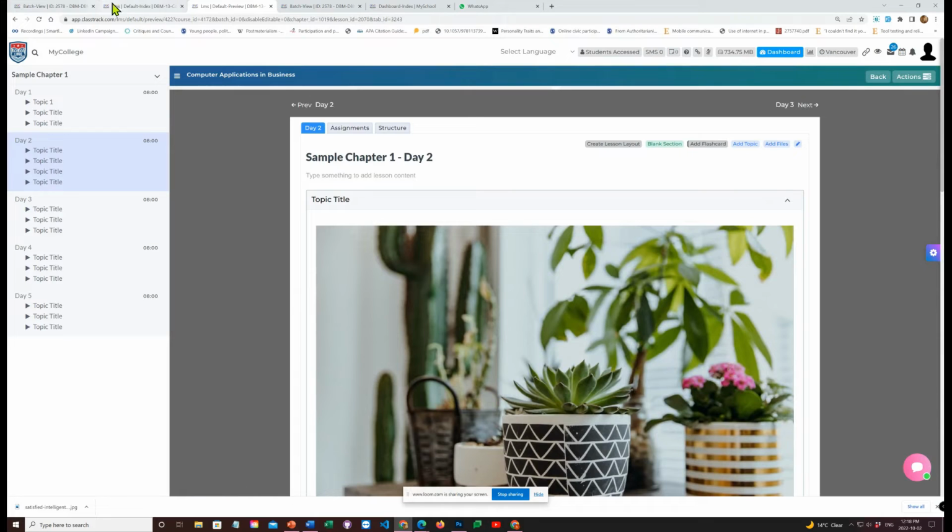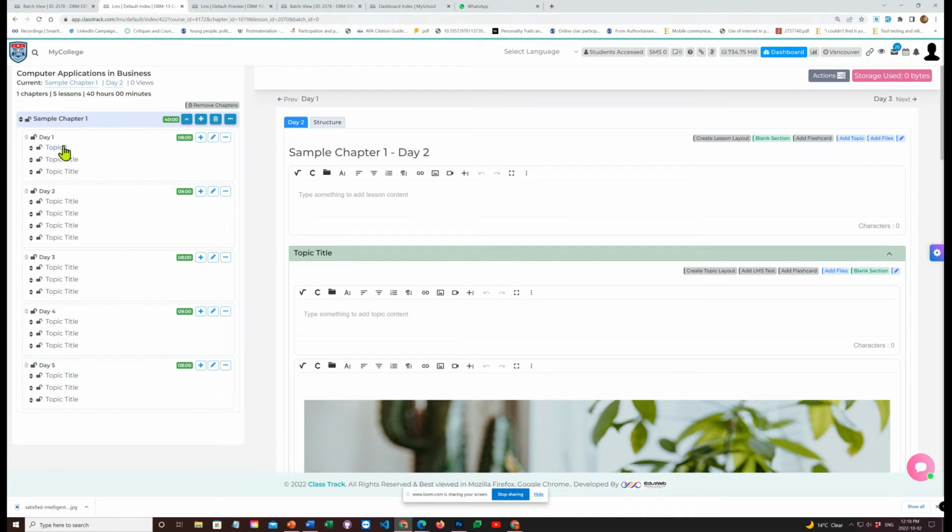So if you want to lock the entire LMS, you can click on the lock button on the top. That will, as you can see, lock everything. So let's say today is day 1 and I want to unlock day 1. So I can just unlock day 1 and rest of the days will be locked. So now if I see the preview,